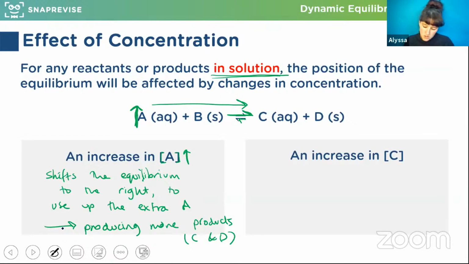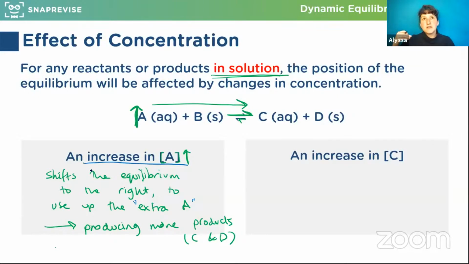So this is, so extra A is because if I've increased the concentration of A, that means I must have added more of A in order to increase the concentration. Having said that, technically I could have removed solvent, but I'll put A in a concentration bracket just so that's what I'm talking about.